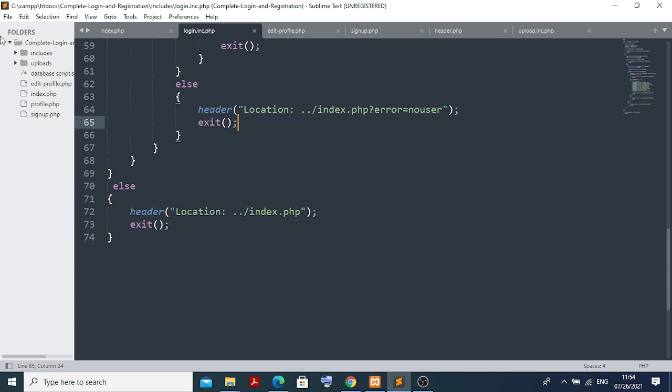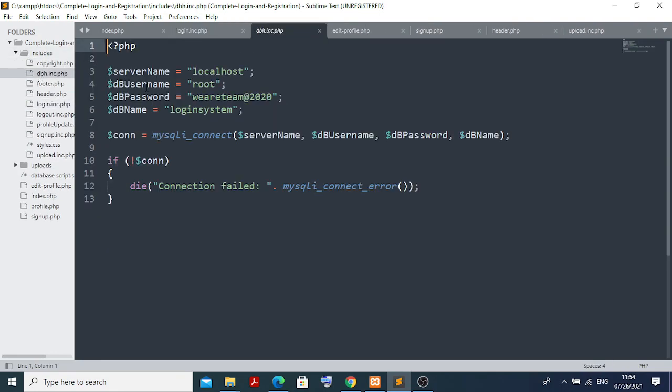Then if you go to the include page here, say suppose I go for the database connectivity. You can see the server name is localhost, and the user is root, and the database where you are putting. Say you are having the MySQL page: the server name is localhost and the username by default is root, and the password I provided, this is my password, and the database name I put is login systems.